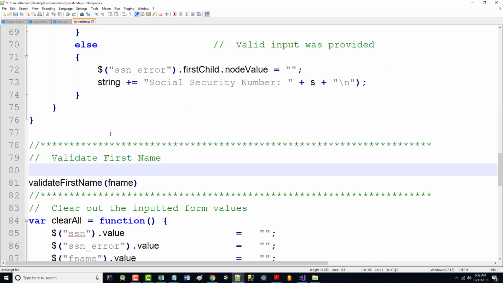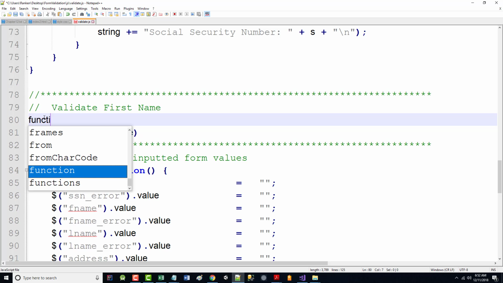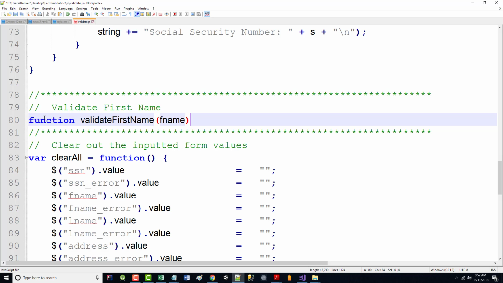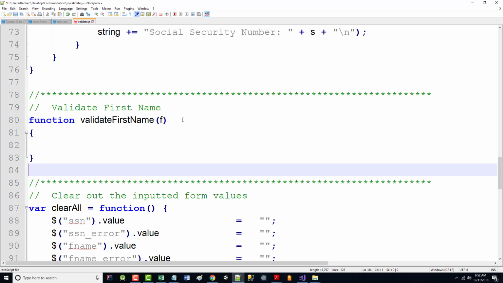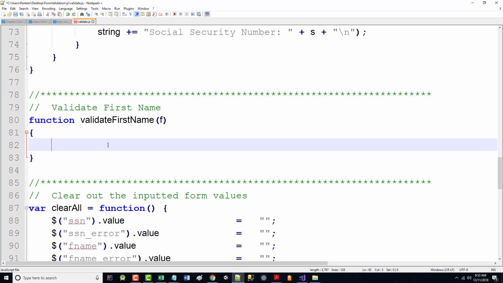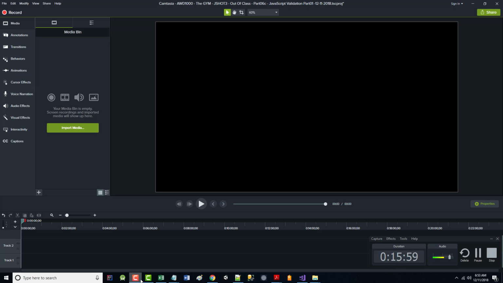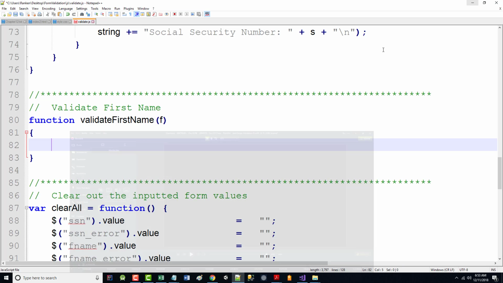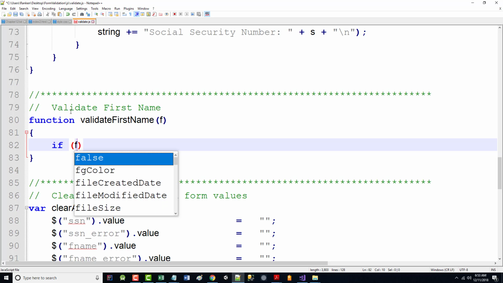So let's see. And we'll just call this F for first name. All right, when I get done, I'm just going to copy it all because the last name, again, will be virtually the same thing. Now, I'm looking at what I've typed in here, and I've got 10 pages worth of typing, and I'm getting to page 3 right now. Plus, I am already at 16 minutes. So I'm going to try to do the first name and the last name, and then that'll be it for this tape. So if f.trim